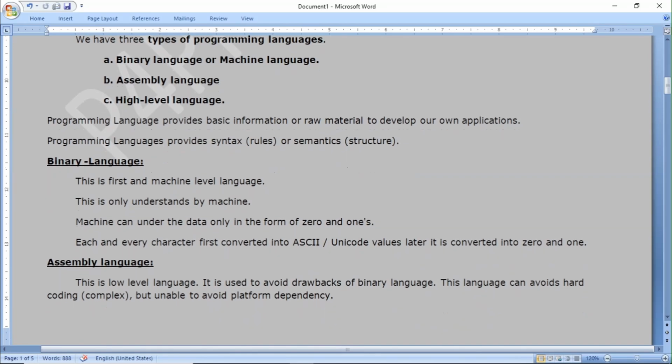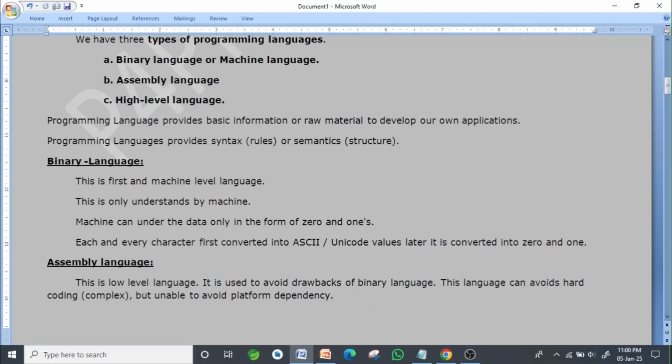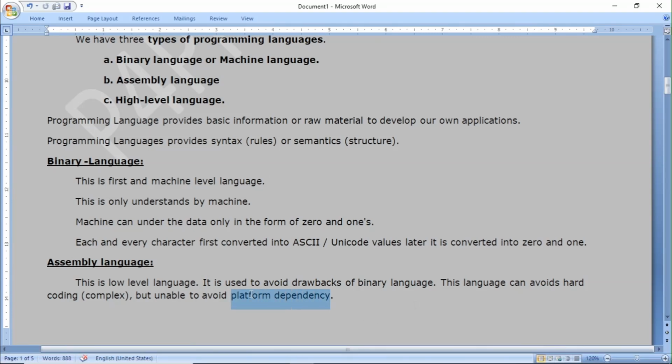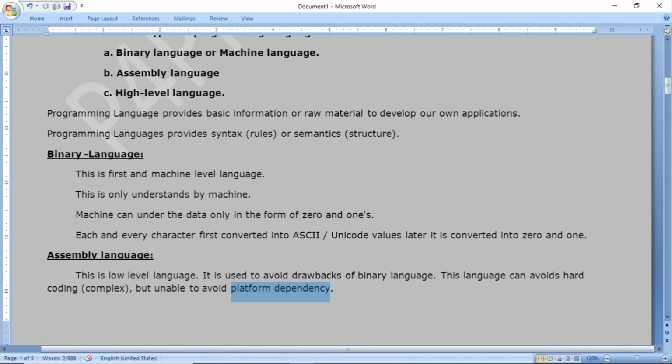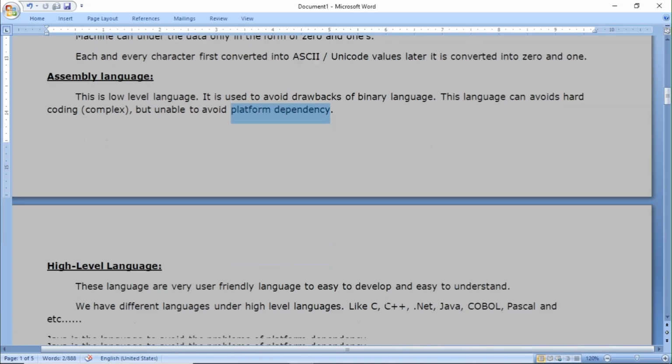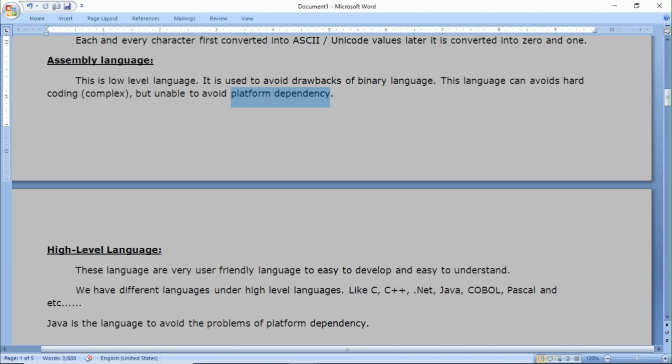Now we are moving to the second, assembly language. This is a low level language. It is used to avoid the drawback of binary language. This language can avoid hard coding, but is unable to provide platform independency. And the third one is high level programming language.